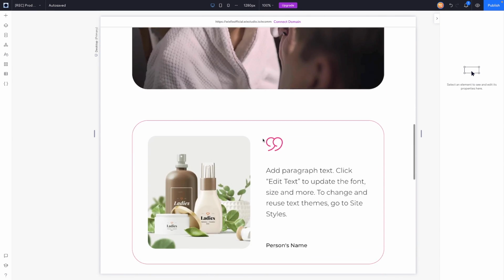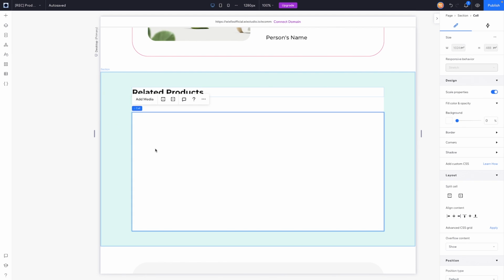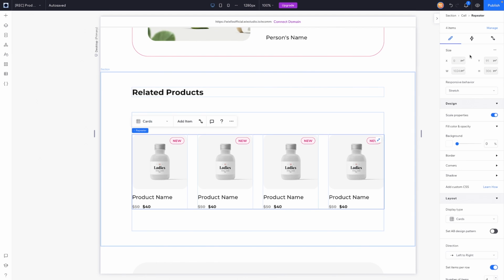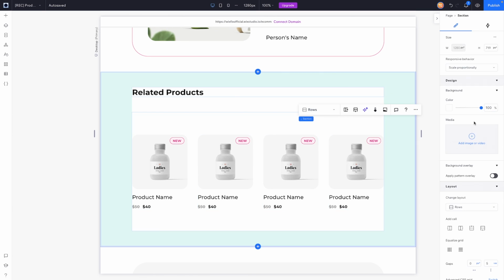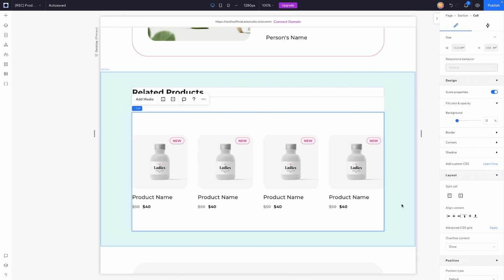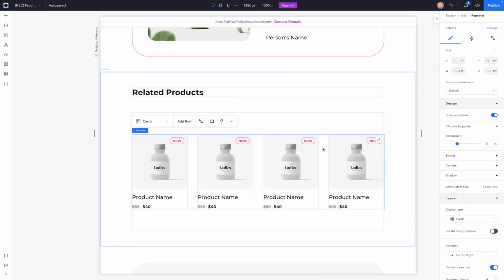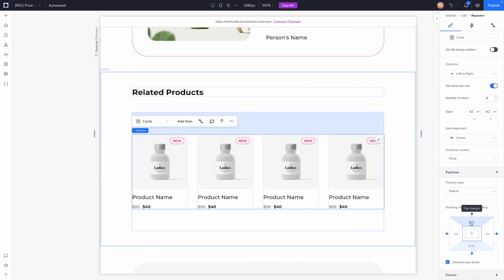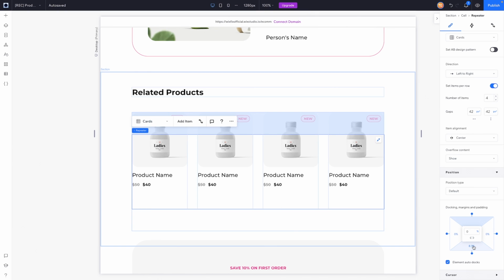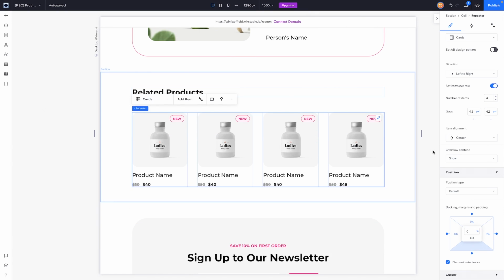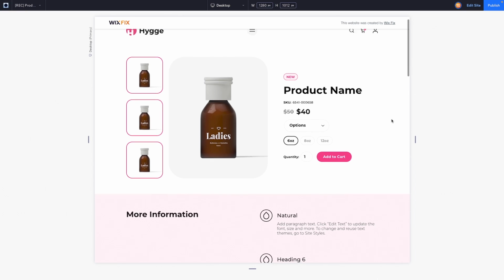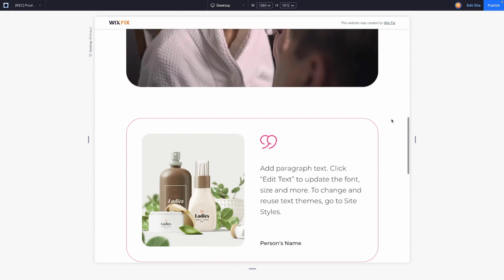When you have a design that you really, really like and you plan to use it on other areas of the website, you should never have a problem with just copying and pasting it. That way the design is the same, the parameters that you set are all the same. But once we copy this in, let's go ahead and set the height of the section to 0. And you can see that didn't work for some reason. So what we need to do is see if something is preventing us from changing the height here. And it looks like there was margin tied to the top and bottom. So we just need to remove the margin that was randomly applied to this repeater. And there you go. So here is going to be our custom product page built here in Wix Studio